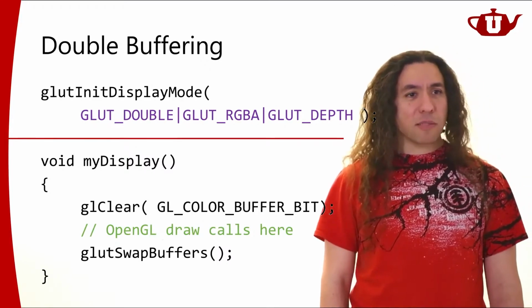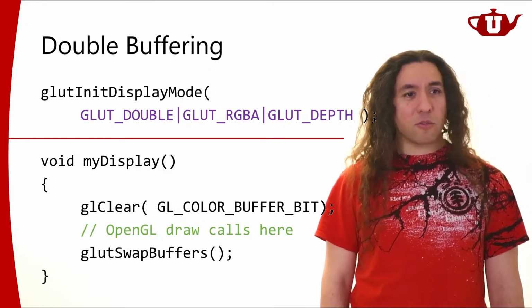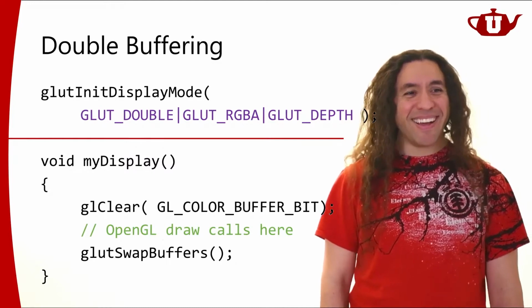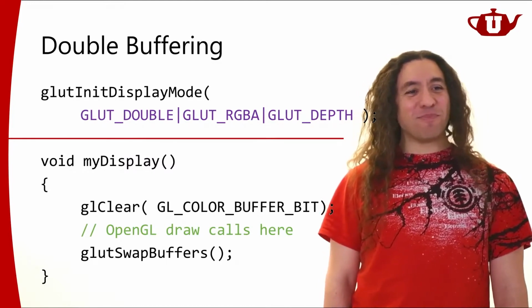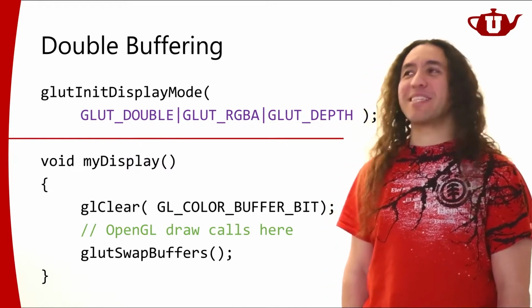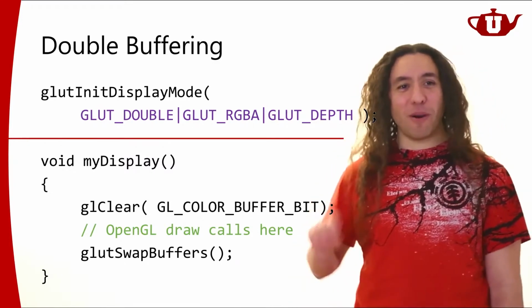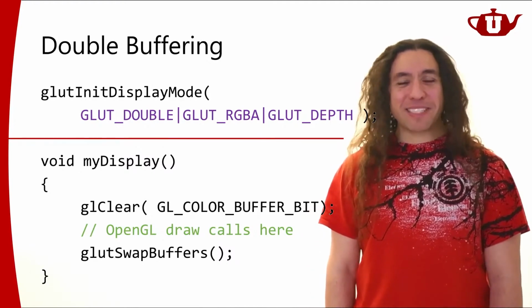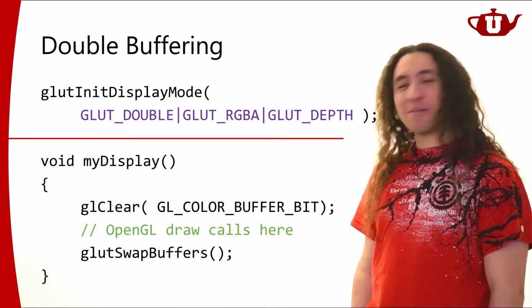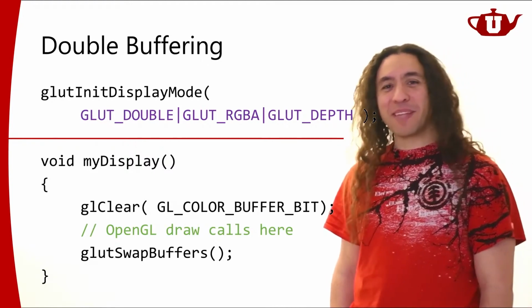If I don't call GLUT swap buffers or call it twice, would the window always show the same front buffer despite all the OpenGL calls? Yes, if you call it twice, you're going to be swapping them twice, so you get your old buffer back. But something funny happens here. I was going to talk about it later, but I can talk about it now.